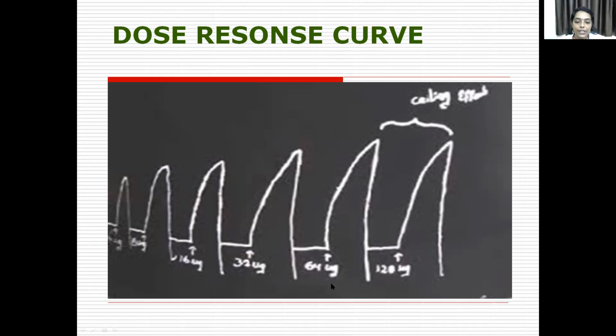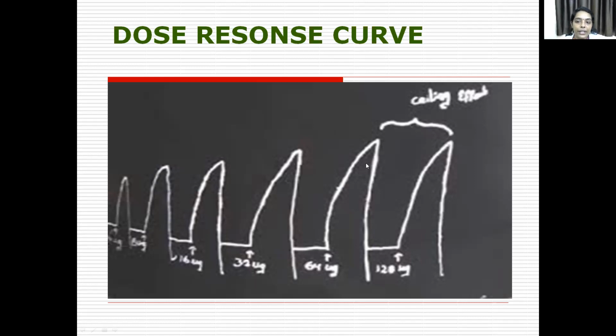Here the ceiling dose is 64 microgram. After that, even if you increase the concentration, even if you make it 128 micrograms, what happens? Either there is a similar response or there is a decrease in the response. This we call the supramaximal response. See here, the maximal response or the ceiling effect, and with a further increase in the dose, the response you get is called the supramaximal response. That will be either a response similar to the ceiling effect or a slightly decreased response.